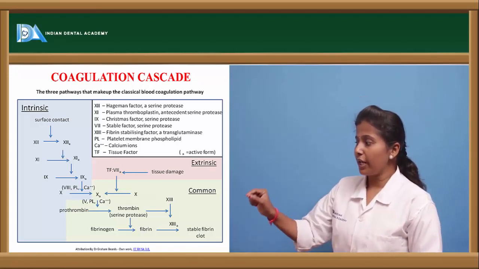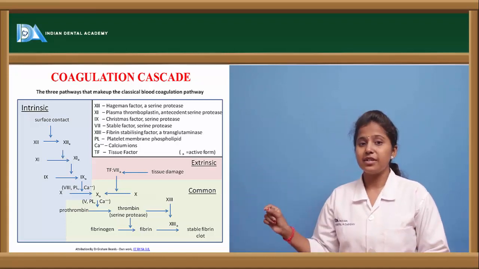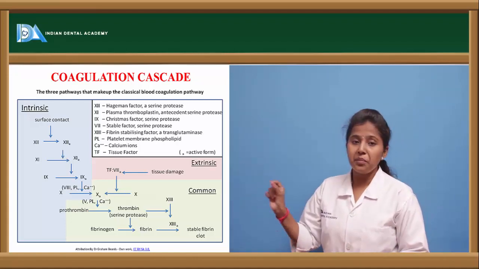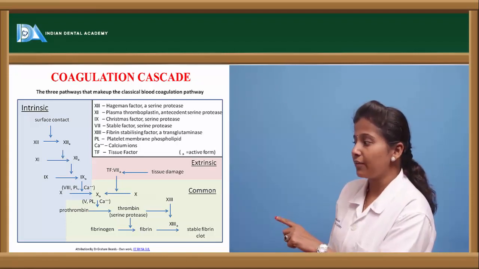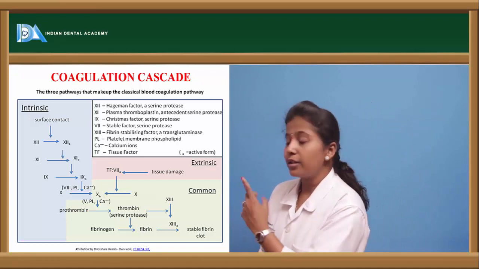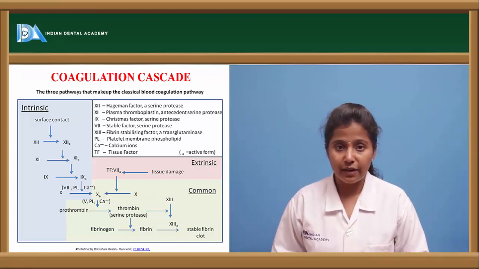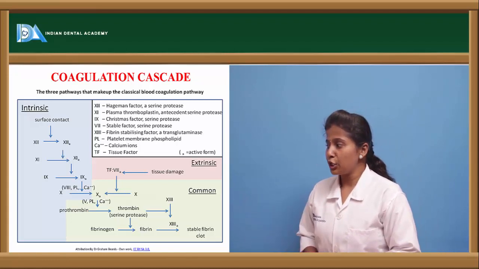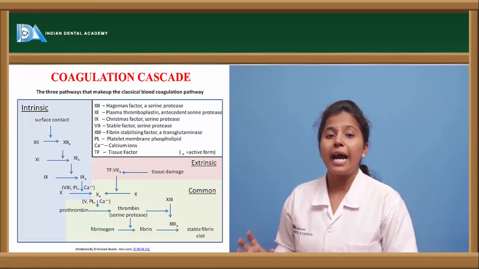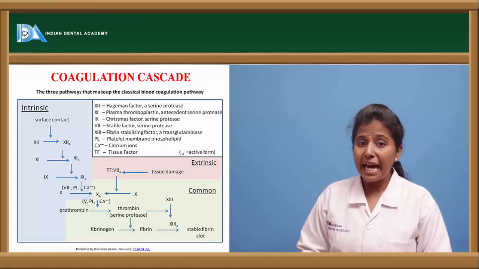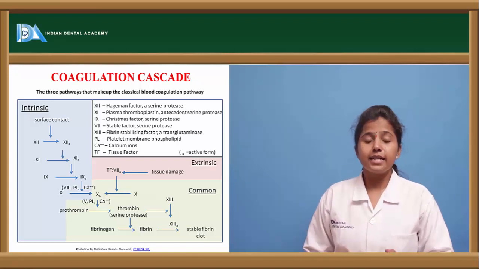Here the conversion of 10 to 10A occurs in both the extrinsic and intrinsic pathways, and this is the common point where both pathways meet. This 10A utilizes factor 5 as well as calcium for the conversion of the inactive form of prothrombin to the active form of prothrombin. When the active form of prothrombin is formed, that is called thrombin, it aids in the formation of